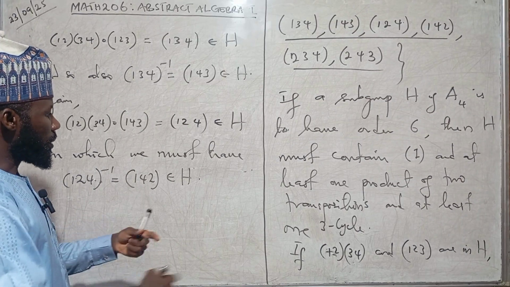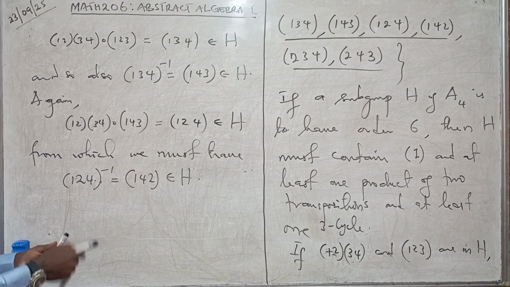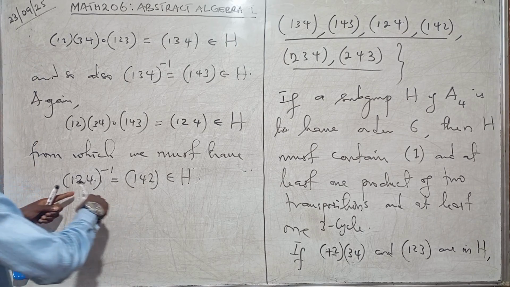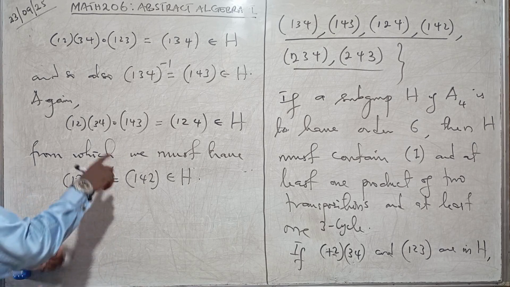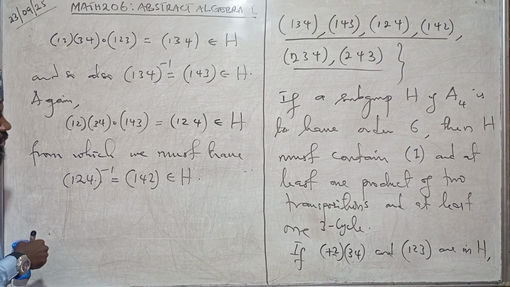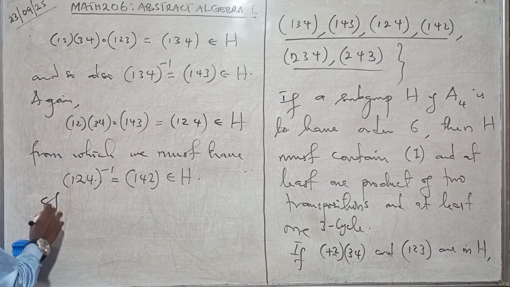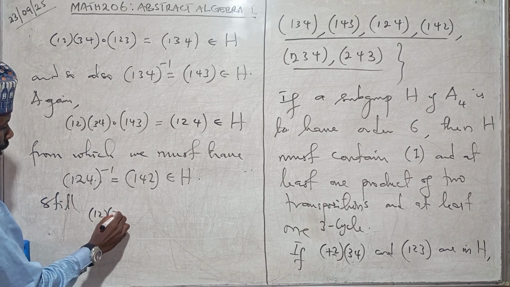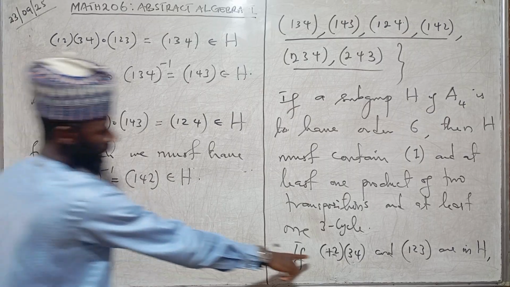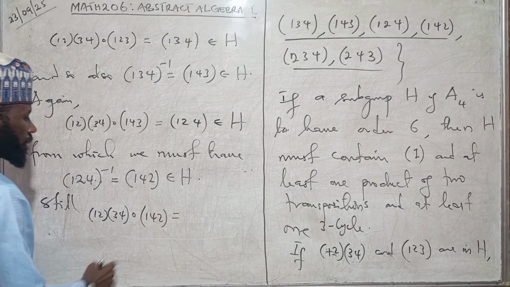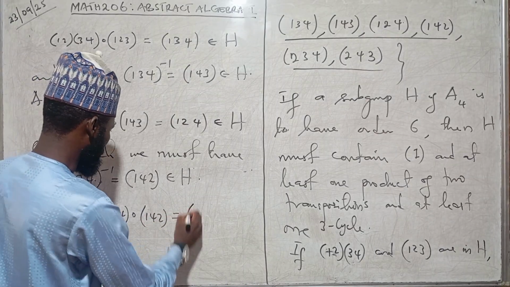And if you continue like this, you see that again you can still find more elements, because the closure is still implying that if you take this inverse and multiply with this, you still end up inside H. So if I multiply (1 2 3 4), which was already assumed to be in H, with this new element we have in H, we still have to get an element in H, which is now